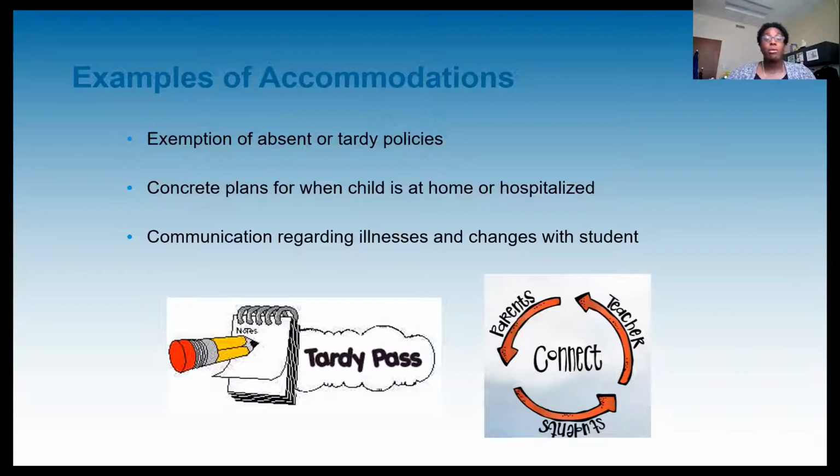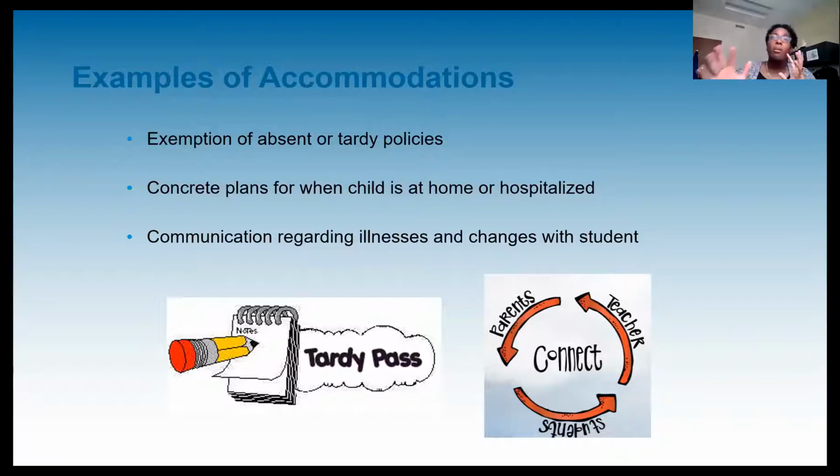And then just keeping really open communication. And that's open communication regarding illnesses that might be happening at the school so that a family can really make an informed decision about if maybe a child needs to stay home that day. And also how the child is behaving within school. So has their energy changed, their attitude, behavior, signs that could be that they are becoming ill. So making sure that communication stays together.